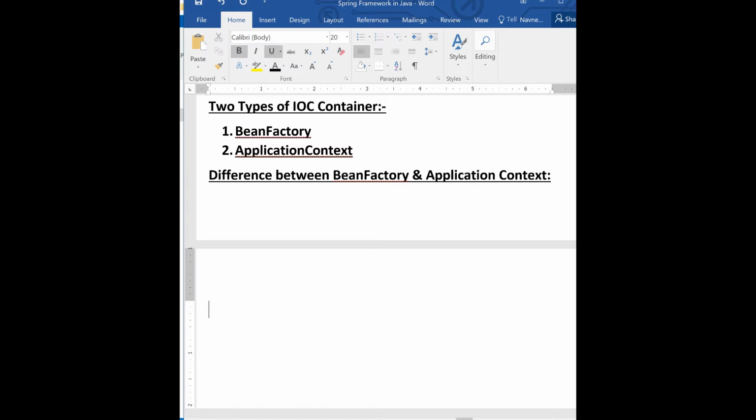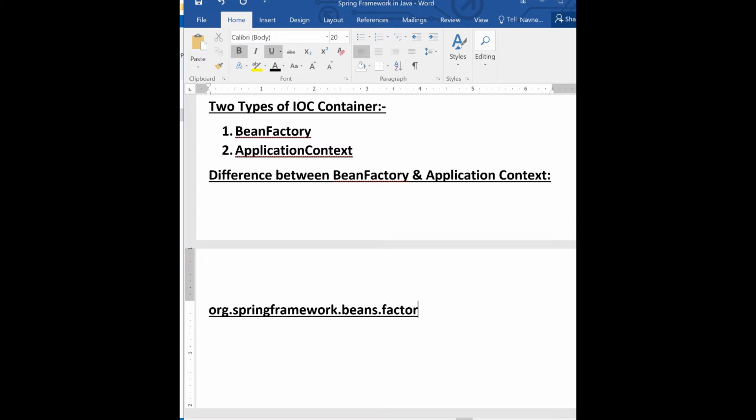In the factory package we have two types of context. How will we understand? You can go and check the package or class. We have org, with org in small letters, dot springframework dot beans dot factory.